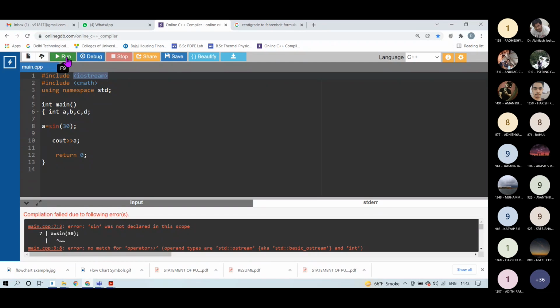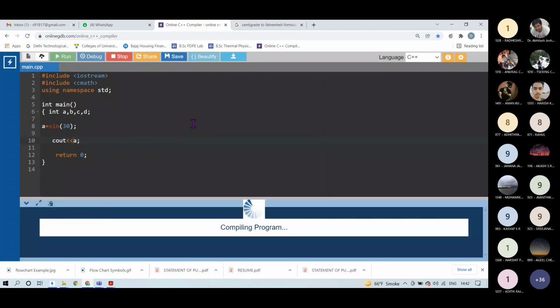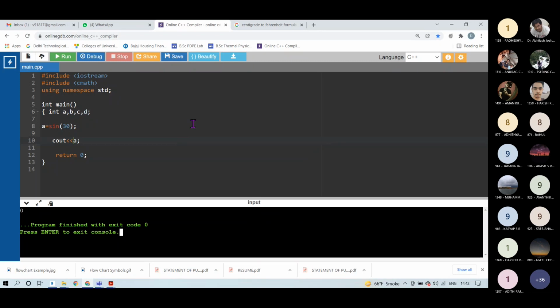So now if I run this program, Sir, it should show me some values, but that value, okay, let's see. इंटीजर कर रखा है सर, क्या कर रखा है? इंटीजर में वैल्यू देगा ये तो. हाँ, इसको फ्लोट कर लेना चाहिए, इसीलिए वो इंटीजर में दे रहा. ओके, now it is showing 0.841471, but one thing you have to remember, for these defined functions of C++, this value is taking in radians. The compiler is taking this in radians.